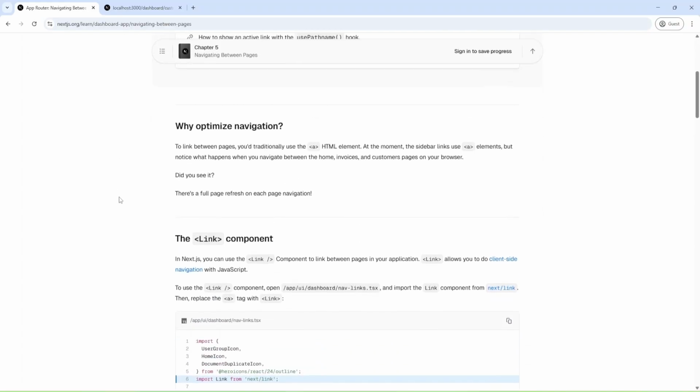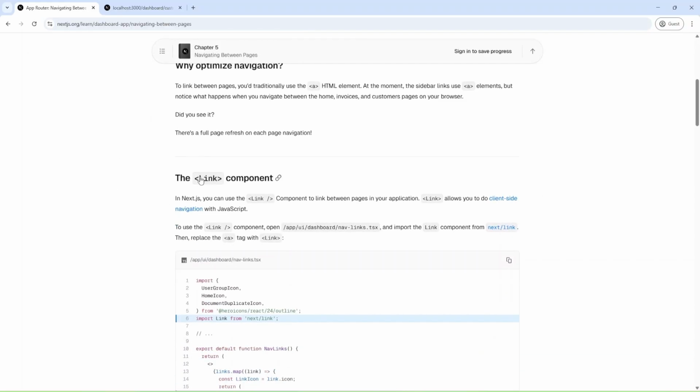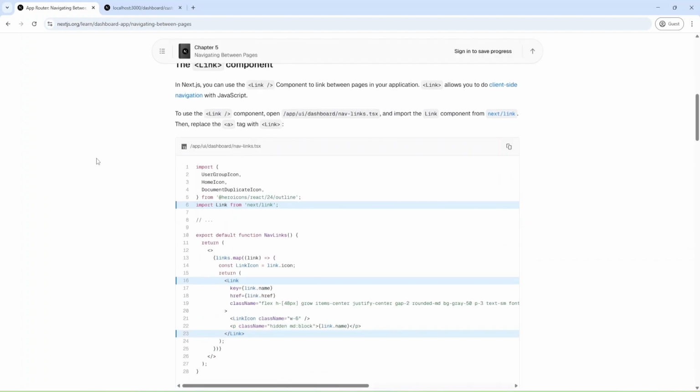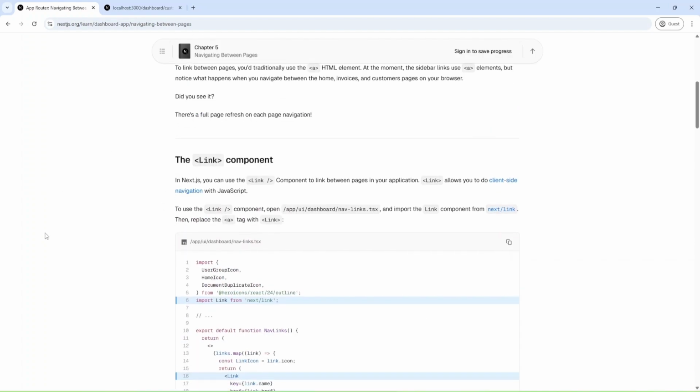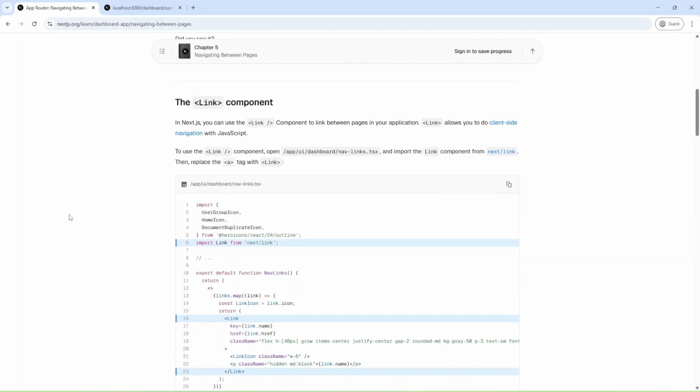Okay, and you can check why using the Link component is better than an HTML element, and we'll add the Link Next.js component to our application. And inside dashboard, nav links UI.